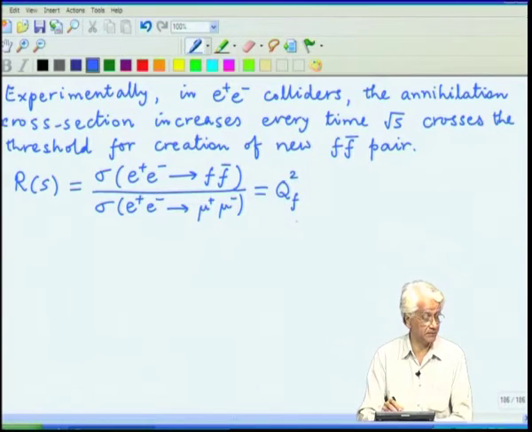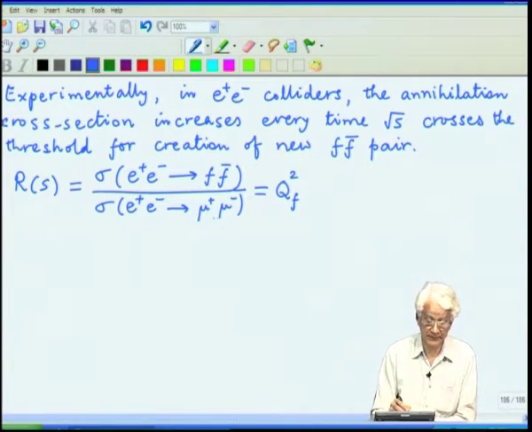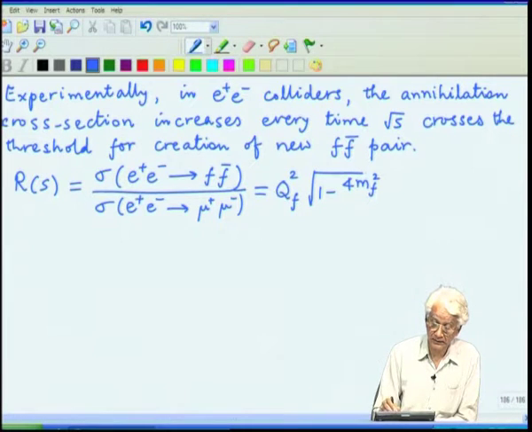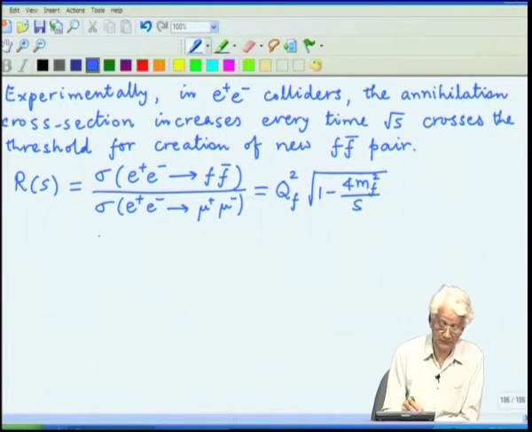One, there is a factor of the corresponding charge of the new fermion. It does not have to be the same as the muon charge. Muon charge happens to be 1. We will ignore the muon mass in this particular case, because F is going to be still heavier than muon,